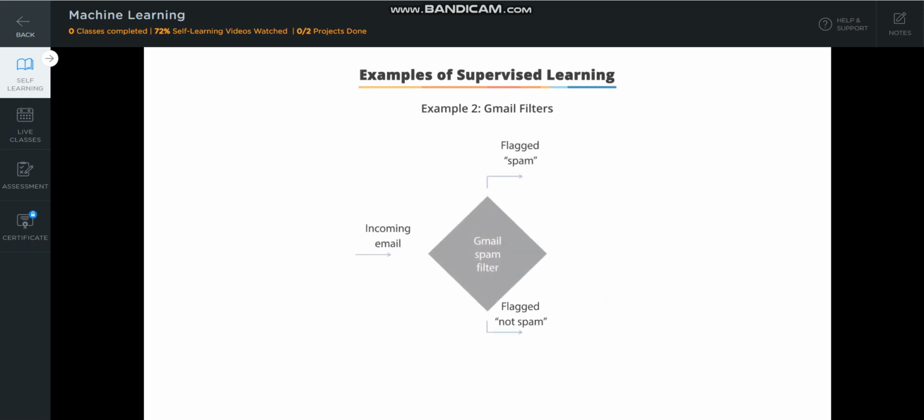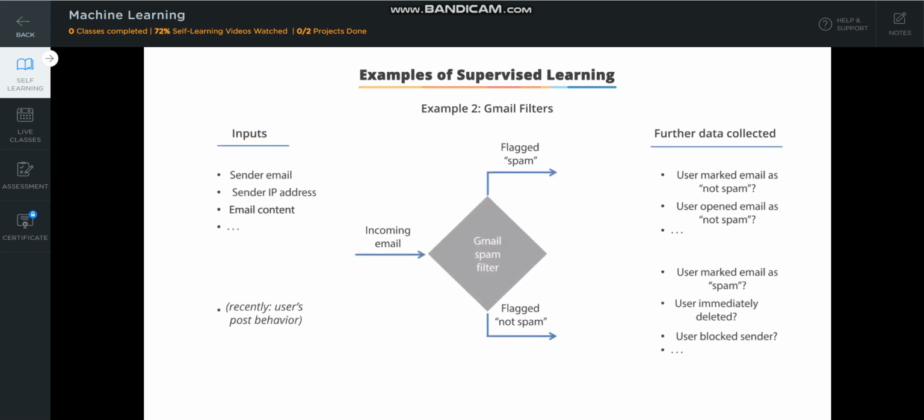Let's look at another example. We use Gmail filters every day. Gmail filters are used to decide whether a new email has to fall into the inbox, normal, or junk folder, spam, based on past information of spam. Whenever a new email comes in, Gmail checks for spam based on the sender's email, IP address, and email content. If Gmail finds any of these misleading, it flags the email